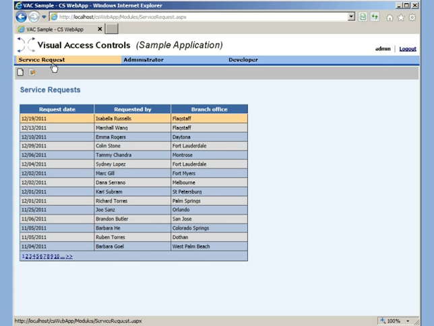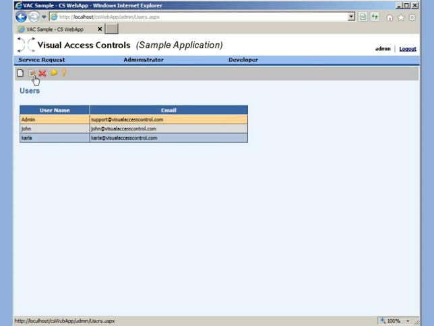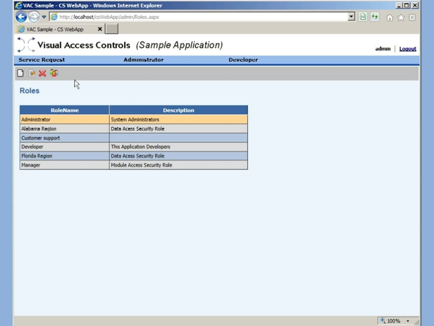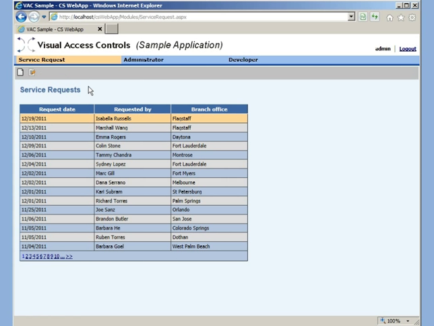You can see here there is a page to manage service requests, and under the administrators menu, the administrator can manage users or roles. If we go back to the service request page, now to allow users to do certain functions on this page, in standard ASP.NET we would have to hard code the role into the application. However, with module access security controls, you're allowed to provide the administrator the functionalities to create a role and assign